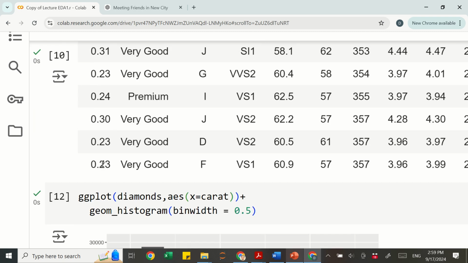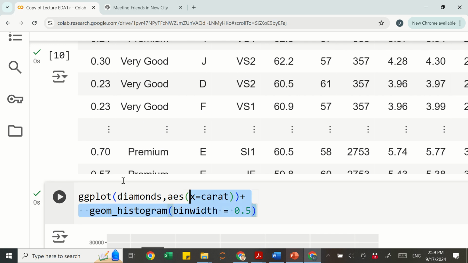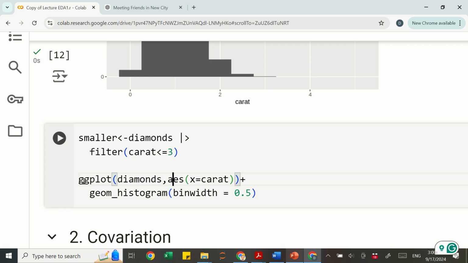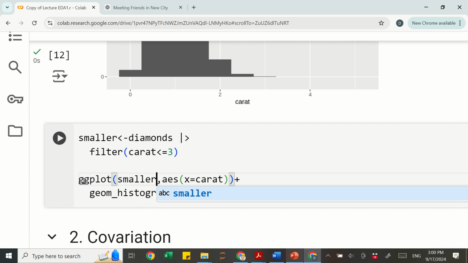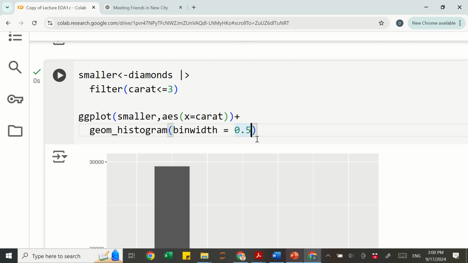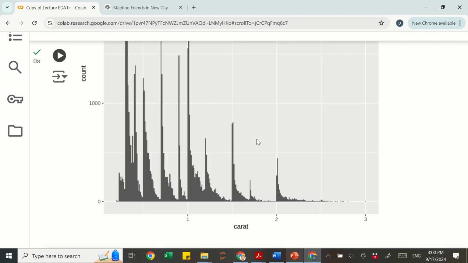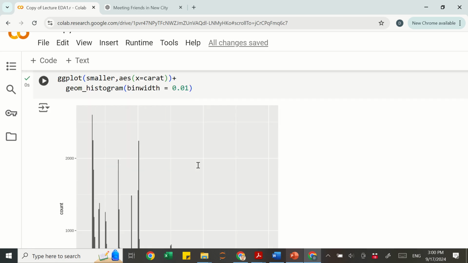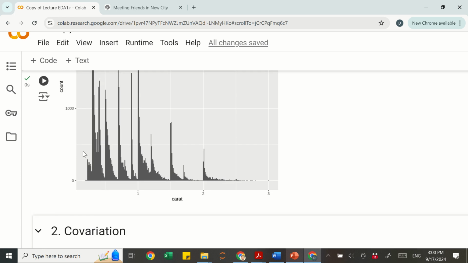It's going to look pretty much the same thing as the previous one. I'm just going to copy and paste. We just need to change the name of the data set because we're using the table smaller. See it? So we're getting a similar histogram. I'm going to decrease the size of the bin width just to see if I can find some patterns, some behavior. Okay. Now that I'm using a bin width of 0.01 carat in this case,